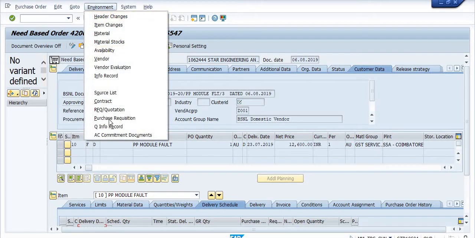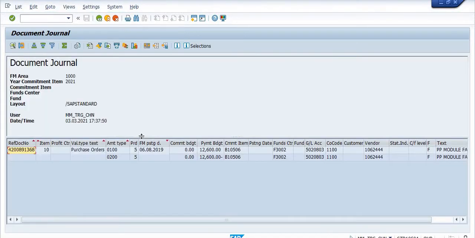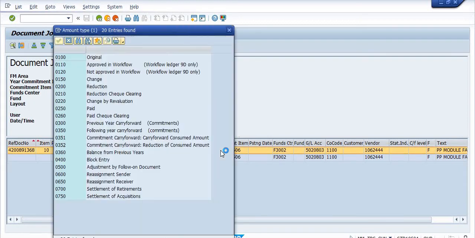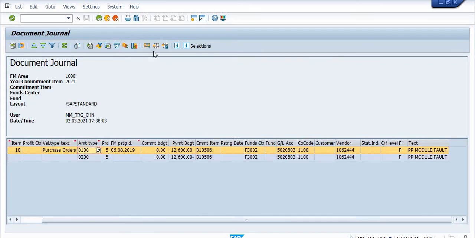Go in the environment, go in the account commitment documents, and you will get the same information. This is the purchase order number, the amount type is original amount 12600, and the reduction amount type is 12600. The booking is in 5020803, this is the RMP or British Plant. This is a vendor. So these are the basic details available here.